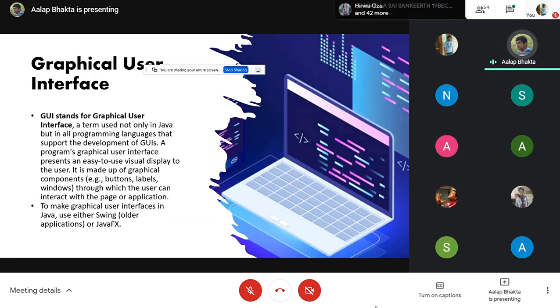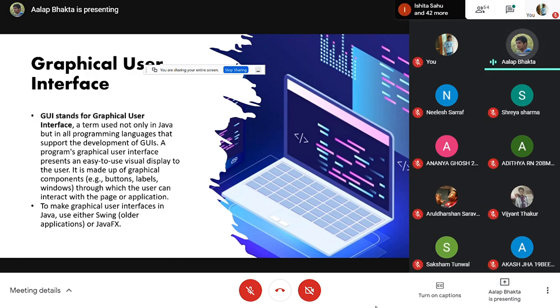So what is GUI? GUI is a graphical user interface, a term not used only in Java but in all programming, and nowadays everyone is using it. It's a graphical user interface that presents an easy to use visual display to the user. So when you open your mobile phones, there is an app design. It's GUI programming where you can interact with it.